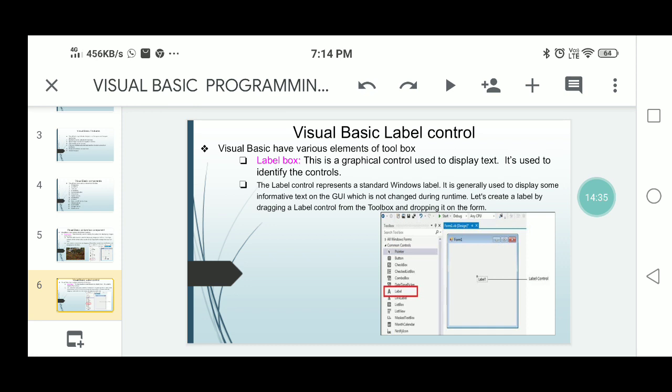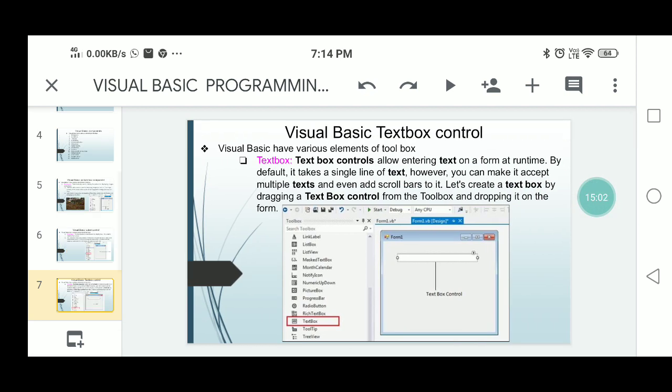This label control represents standard Windows labels. It is used to identify other controls, for example input and output controls, those are text box controls.